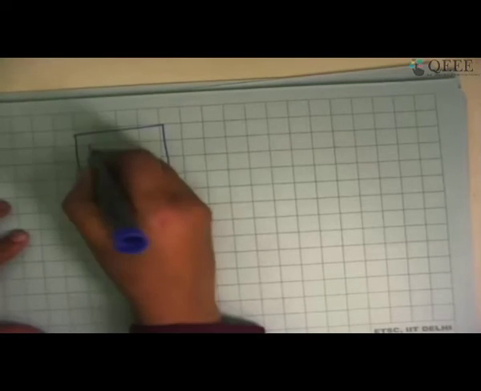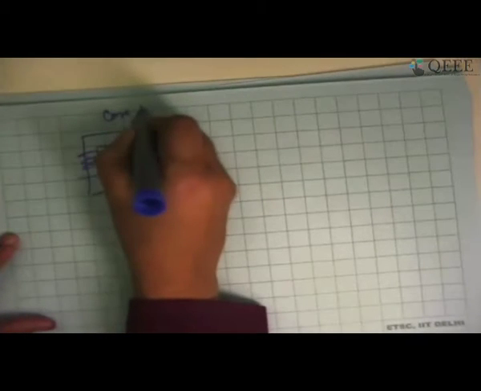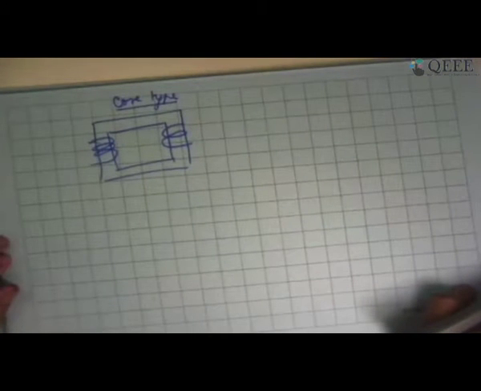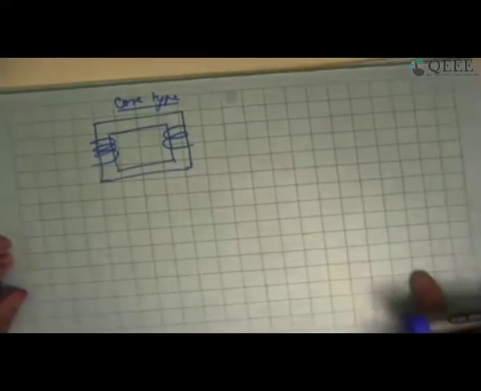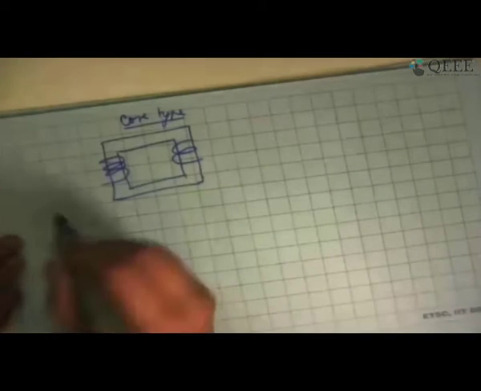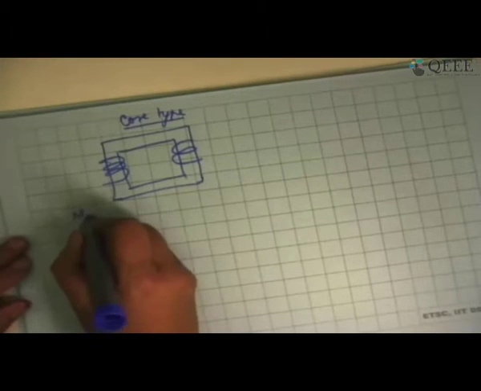So if I have one limb here and another limb here, you would be able to see the windings clearly in both the limbs in the case of core type construction. Whereas in shell type, in all probability, you may not be able to see the windings at all. That's how you can recognize whether it is core type or shell type. Just by looking at it, it's difficult if you have the enclosure around the transformer. So one method of reducing leakage we had already seen, that is shell type construction.